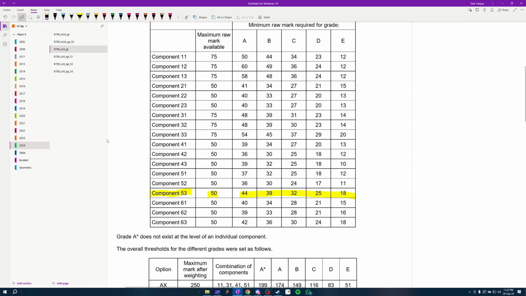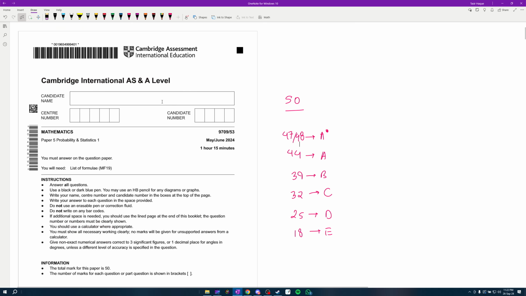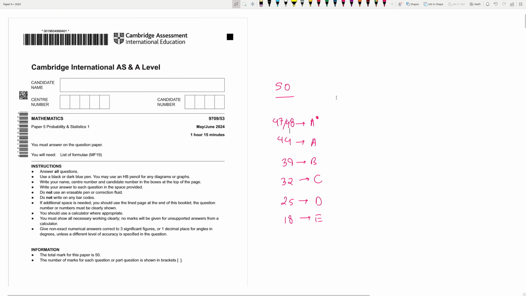Anyway, I don't think we should waste any more time. Let's start the paper. We should take about 40 to 50 minutes. Back in the day, just before the exams, I was finishing a paper in 30 minutes. So if you want full marks, I actually got 99 in my math exam. It was the highest in the country at that time. I got full marks in all components except mechanics. In M1, I got 49 out of 50. I don't know why. Maybe it was due to significant figures or something. I'm not really sure. But yeah, be careful.